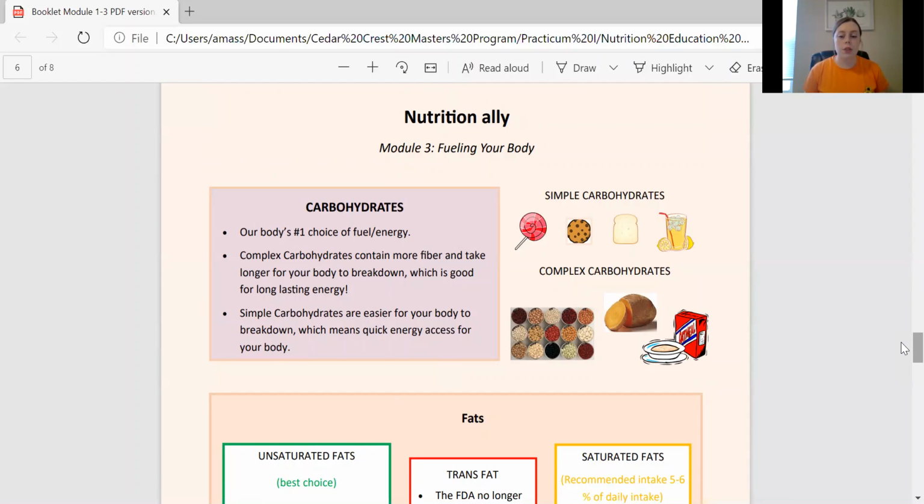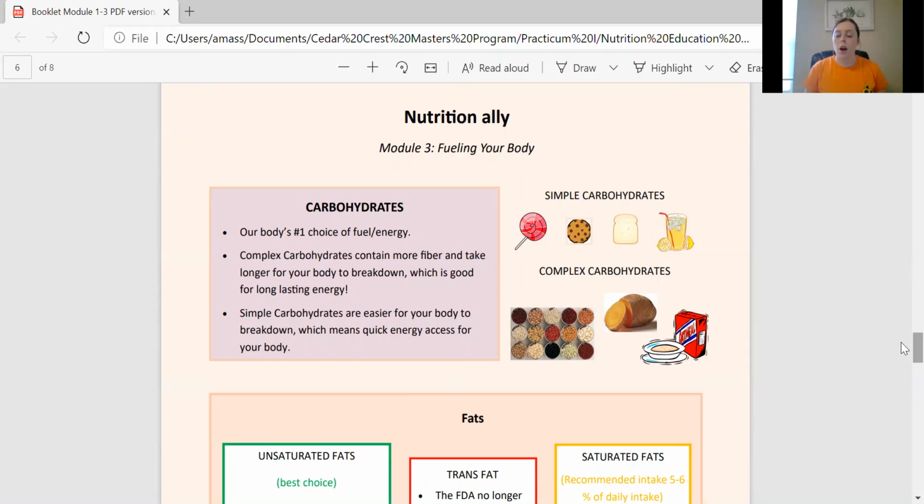So good examples of complex carbohydrates: beans, legumes, sweet potatoes, oatmeal, whole grains, whole wheat bread, whole wheat pasta, brown rice, things like that that have the fiber in them. And again, those are going to keep your energy at a